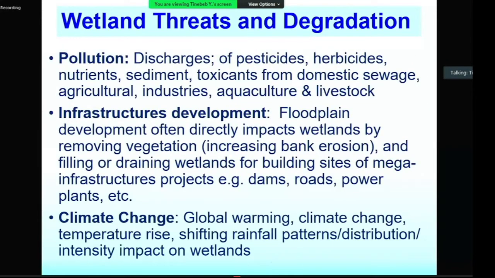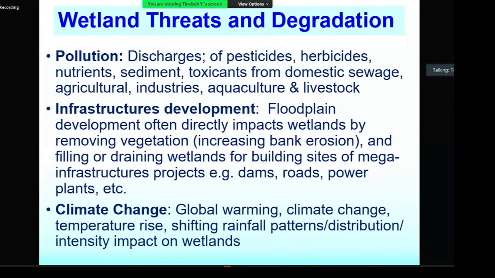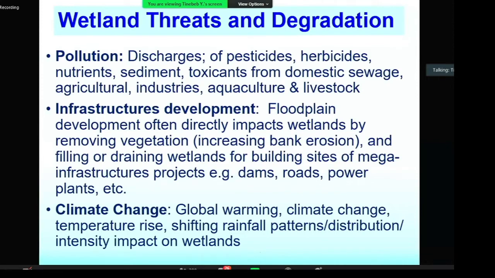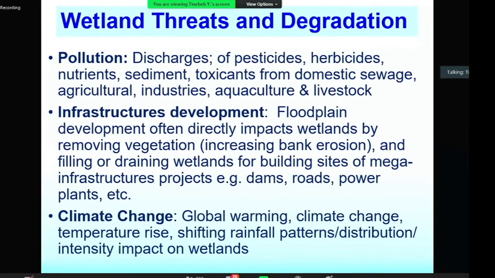Another threat for wetlands is pollution, which is the discharge of pesticides, herbicides, nutrients, sediment, toxicants from domestic sewage, agriculture, industries, aquaculture, and livestock. A big threat for current wetlands is infrastructure development as well, which integrates floodplain development, often